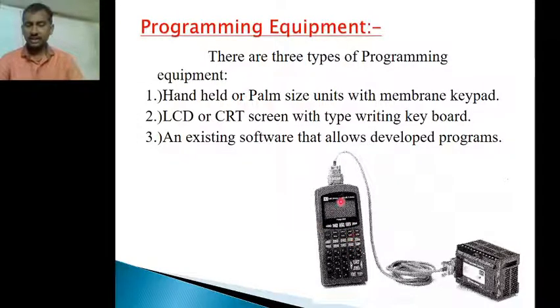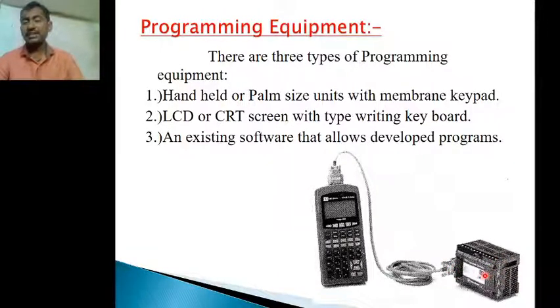This handheld unit consists of a membrane keypad and a liquid crystal display. For entering the program we use the membrane keypad, and for seeing the program we use the liquid crystal display. We dump the program from this handheld unit to the PLC module through a cable. This is for the small PLC.